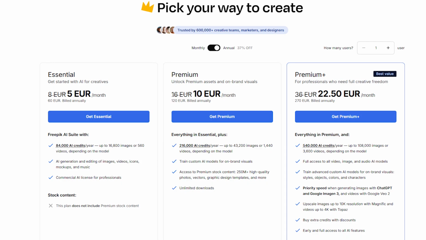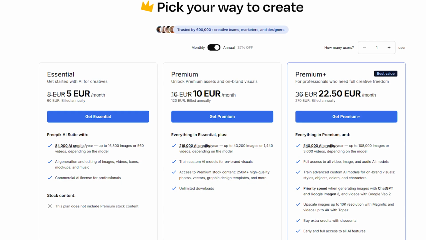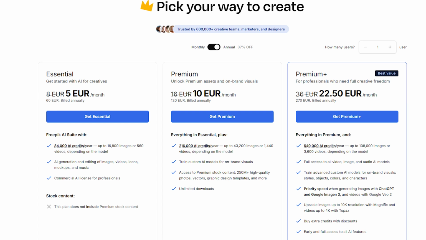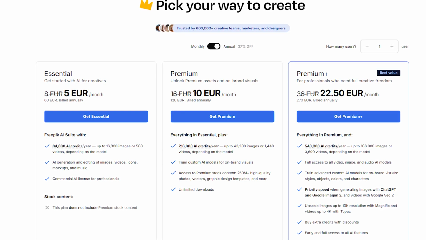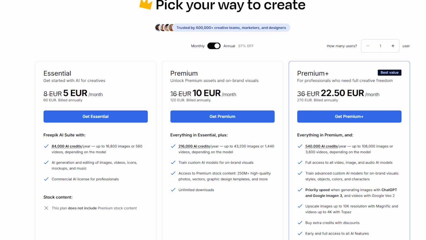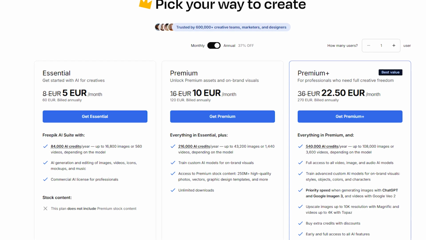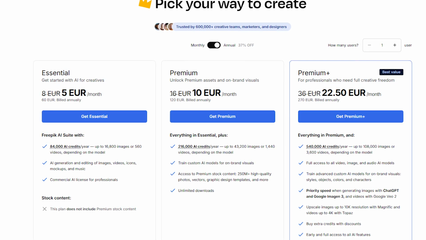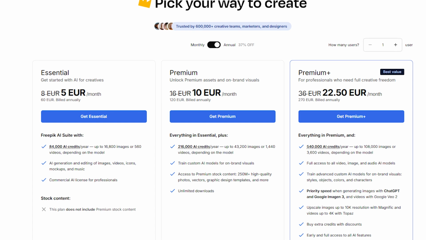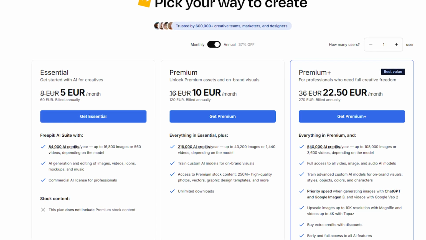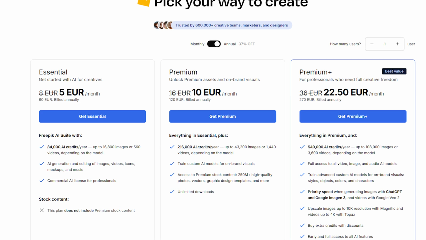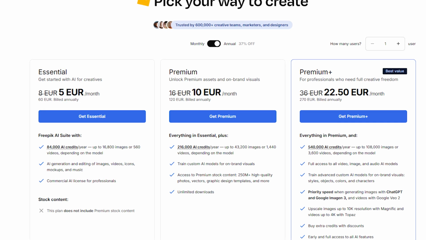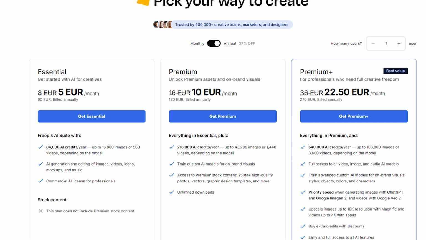It's designed for users who want to produce marketing videos, social media content, explainer videos, or ads without needing technical skills. Price. The AI Video Generator is available only with Freepik's premium subscription plans, starting at around $6 to $39 per month, depending on the tier and billing cycle. Plans include access to video credits, stock media libraries, design tools, and other AI generators. There is no free video generation option, but Freepik offers a free plan with limited downloads and AI image generation credits. Pricing is competitive compared to other AI video tools, making it a cost-effective option for creators who want an